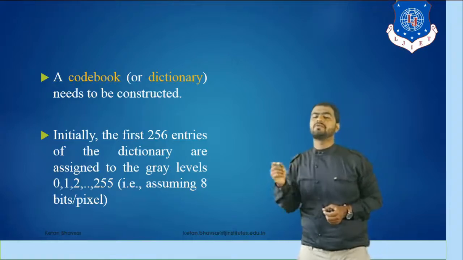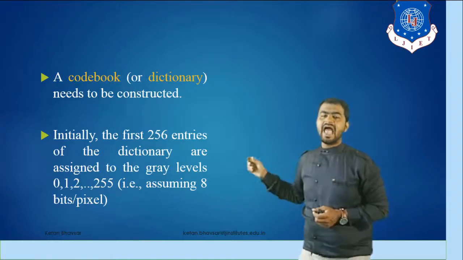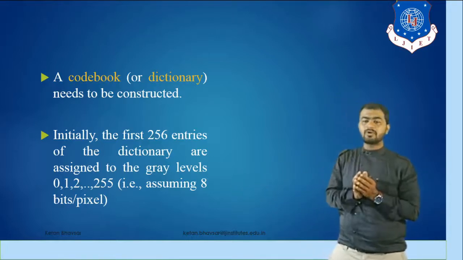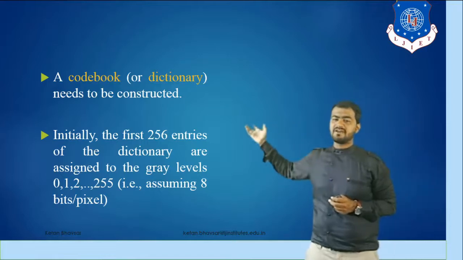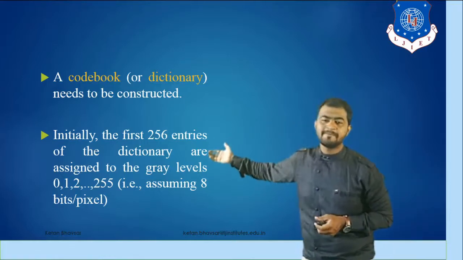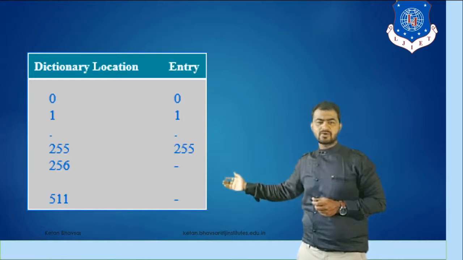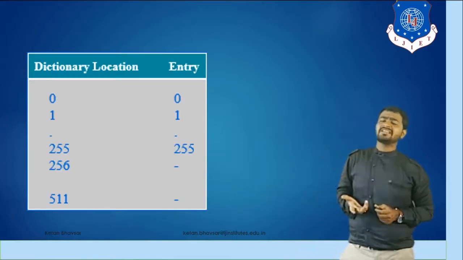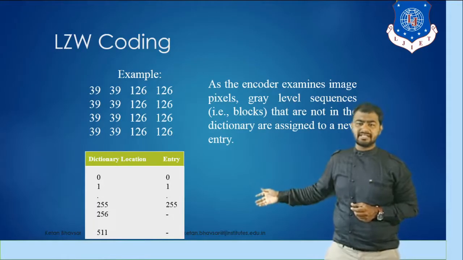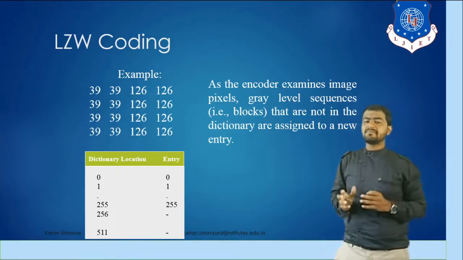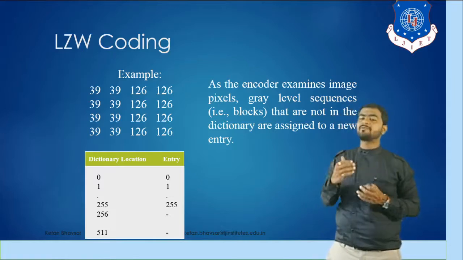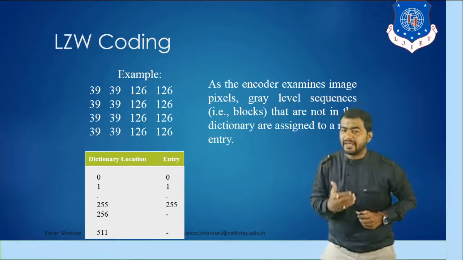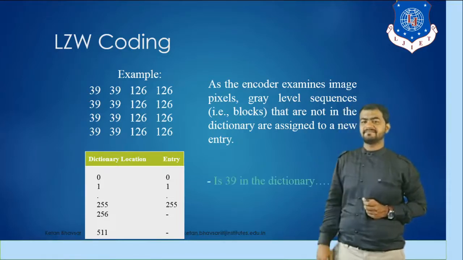So we have a total range from 0 to 255, which is 256 entries. Right now we are working with an 8-bit data file, and because of that we have a range of 0 to 255. You have to assign the address according to that and make an entry in this table. Then after assigning the dictionary, you have to create a table, and the encoder examines the pixel values, and according to that you set a dictionary value, and based on this dictionary value you add a new value or new entries.